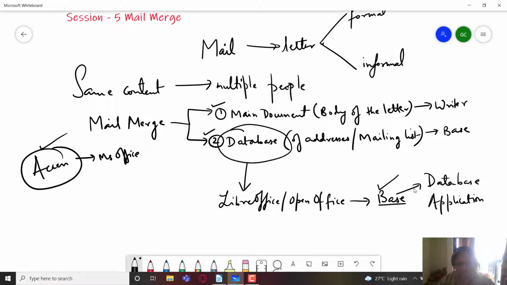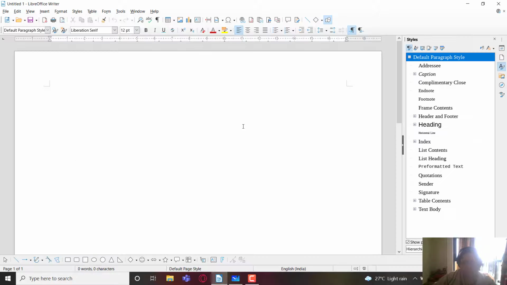Now we will see how we can perform mail merge. So we'll go back to our LibreOffice Writer window. You can see it over here. We'll open a new document based on the default template. And here first of all we will type the main document content. So it basically consists of a letter. Like I am typing here, "Dear", and because after "Dear" we need to type the exact name of the person, I am leaving that space blank. Then you type the letter as usual.